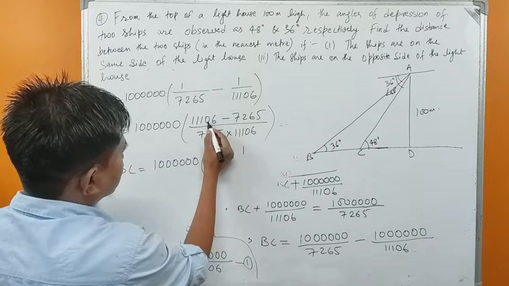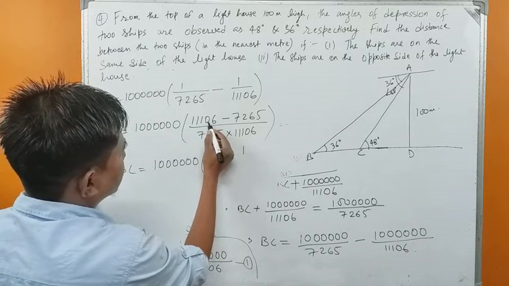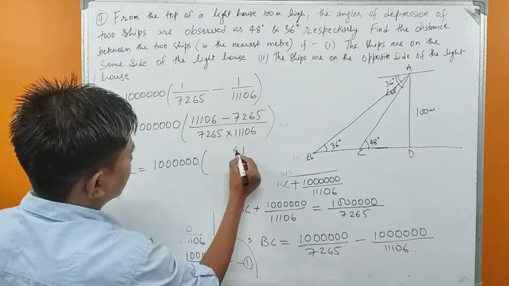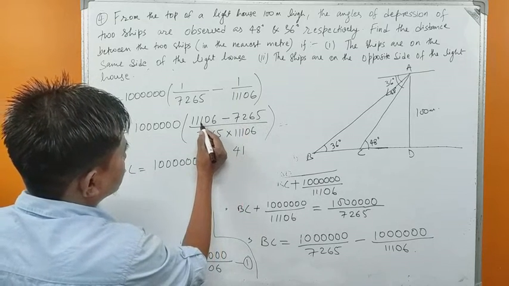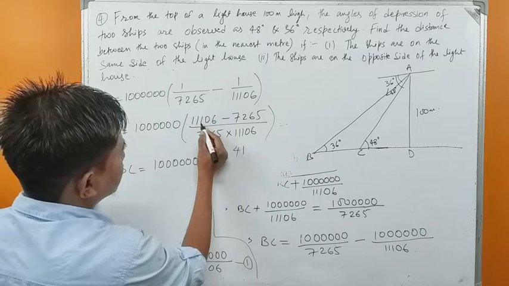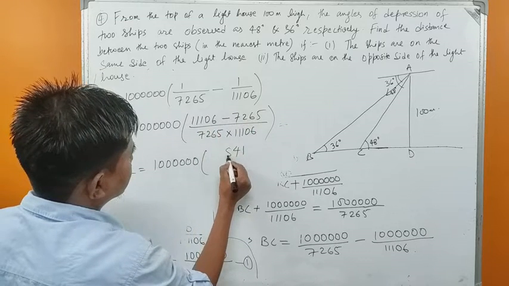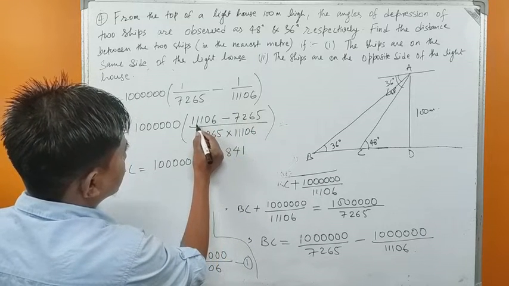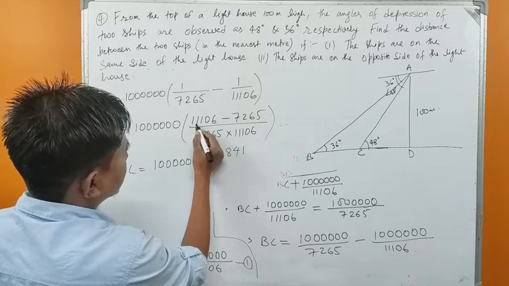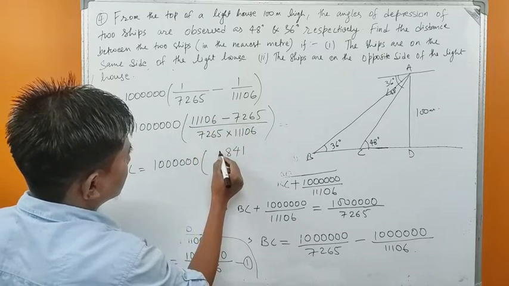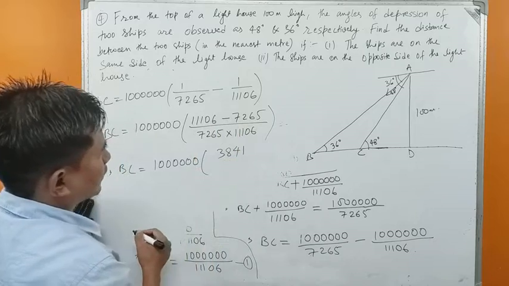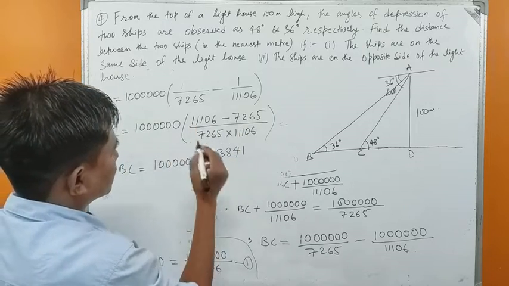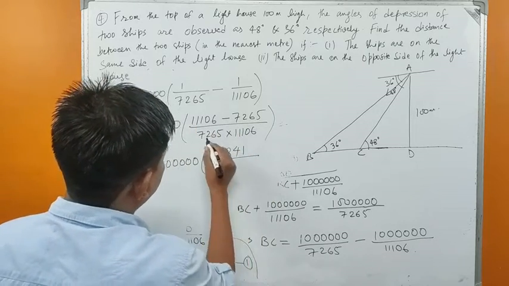So this becomes 0. 0 means 10. 10 minus 6 is 4. This becomes 0. 0 means 10. 10 minus 2 is 8. Okay, this becomes 0. This becomes 10. 10 minus 7 is 3. So this becomes 0. 3841 divided by